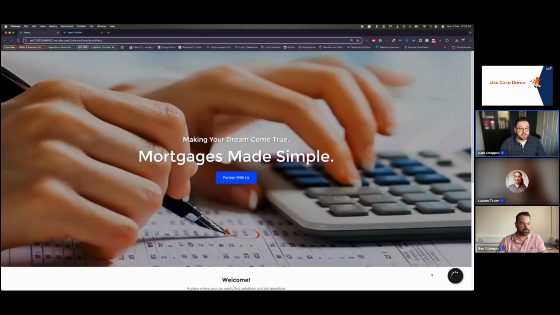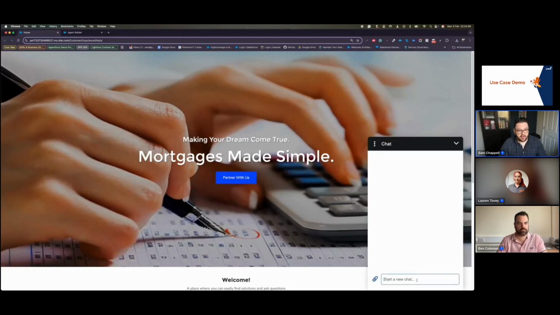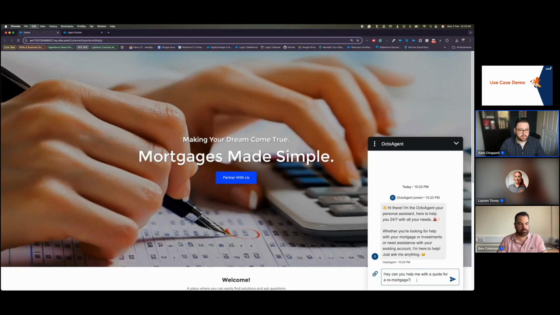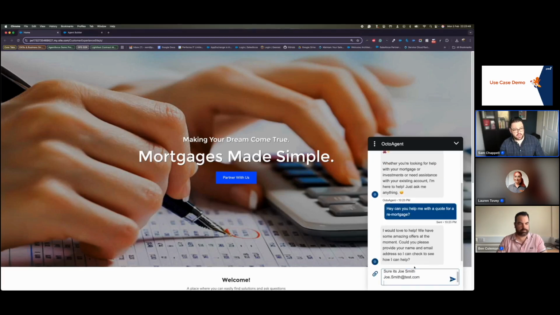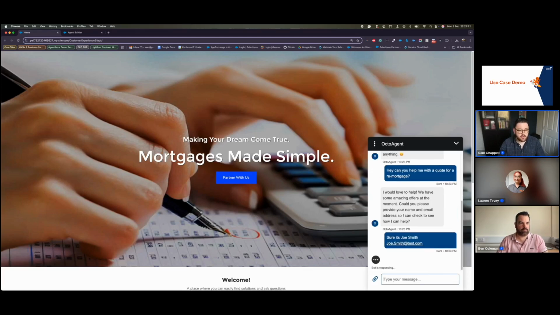We're going to switch over to the service application here now, and I've been a bit cheeky and we're actually going to do a sales example here, but I think it's really powerful to show you how much you can do with the service agent as well. So we're going to follow Joe Blogs here, and Joe's got a renewal for his mortgage coming up at the